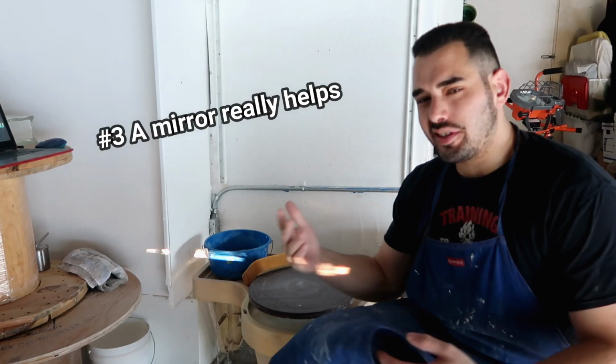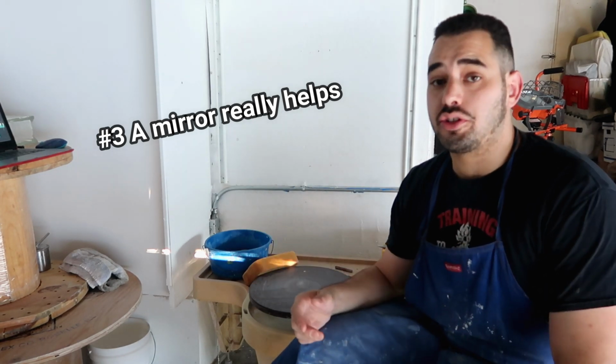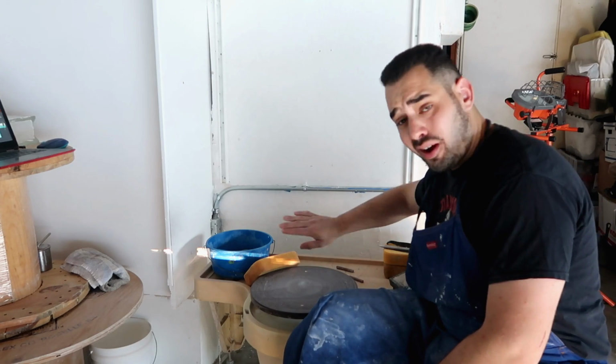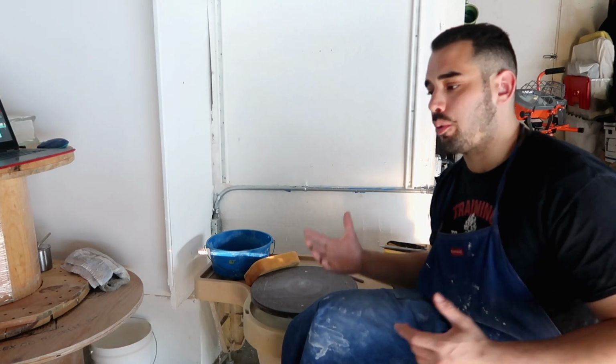Tip number three, and this is technically not a tip that I follow, but a large majority of the potters that I know who have their own studio or their own workspace follow this rule. A lot of potters actually put a mirror right in front of their wheel. Doing this allows you to see all angles at all times, and it really helps you concentrate on your posture while you're throwing. I personally don't do this, and I've never done this because I've always been taught to get